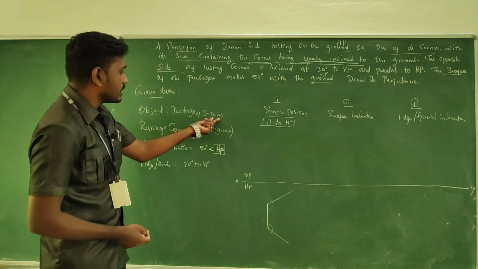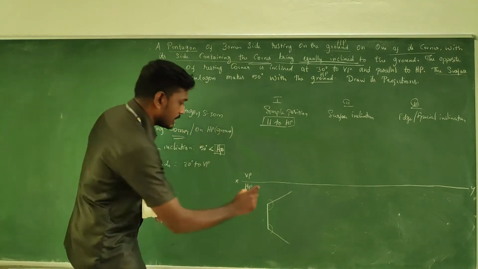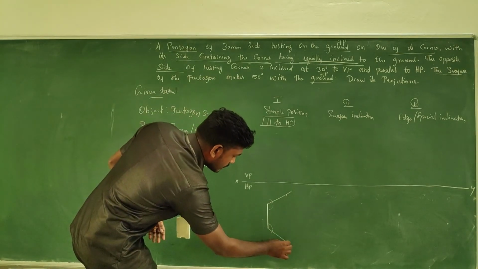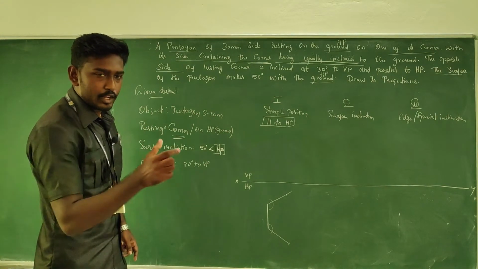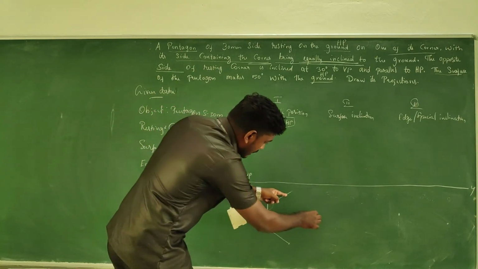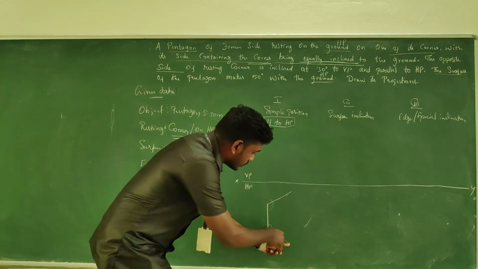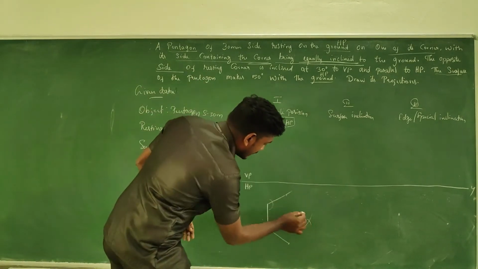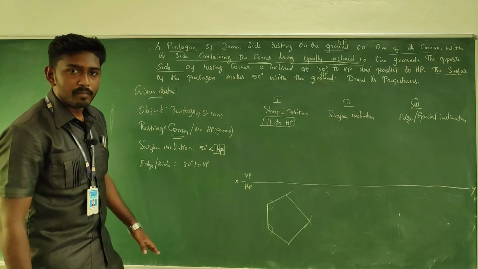Then the side is with 30, all these 5 sides are with 30 mm. So take it in your compass and just have a cut mark from the end. In the same manner in the lower side, have a cut mark. So somewhere here you will get it. With the same measurement in your compass, by keeping one of your legs at this cut point, have an arc. From the end which you have cut in this side, you can take an arc with the same measurement 30, so that you will get the intersection. If you connect a line, something like this, you will form the pentagon.